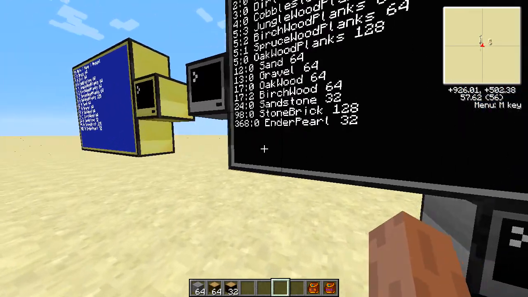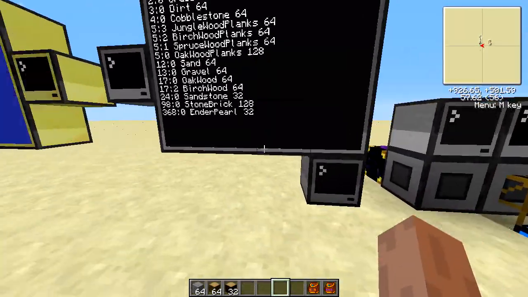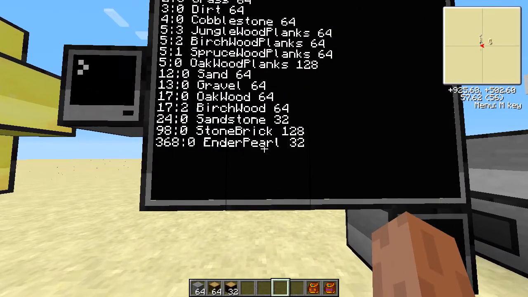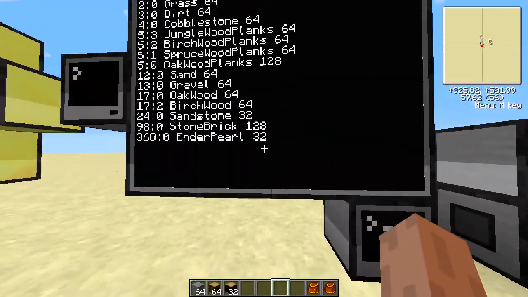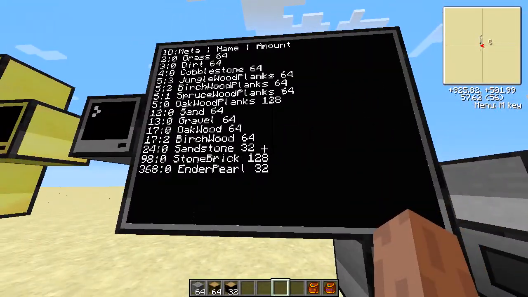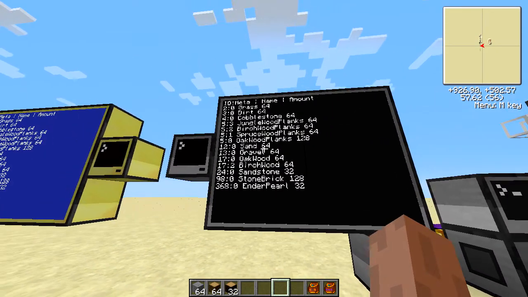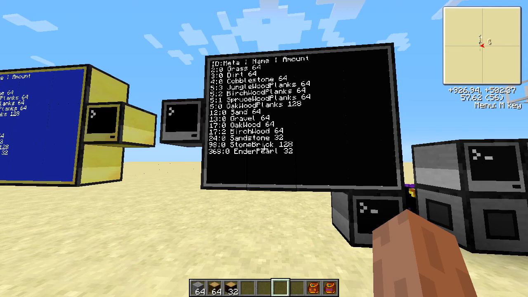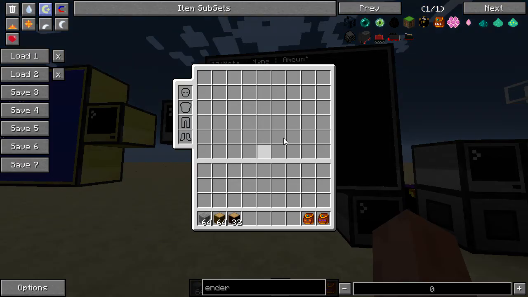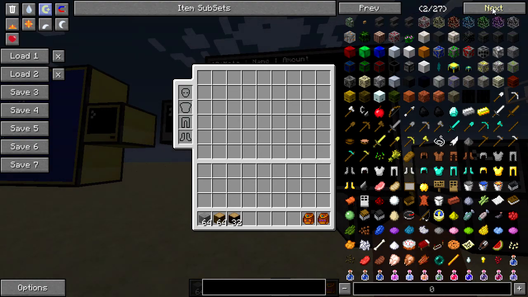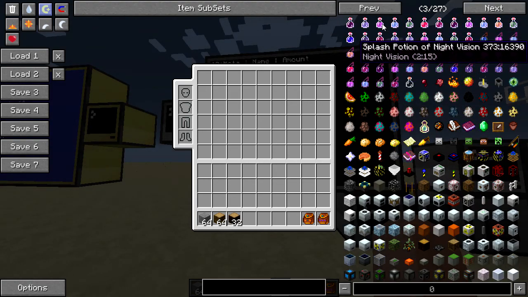Not sure in my survival world how big I will want the monitor. I may print it once I have the page back and forth function with the amount. And in terms of more features for this ticker, if possible, searching would be rather nice. You know, once you've got, you can see from NEI here, you can have a lot of items. Of course, I won't store all of these necessarily, but